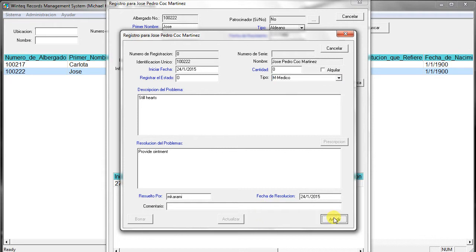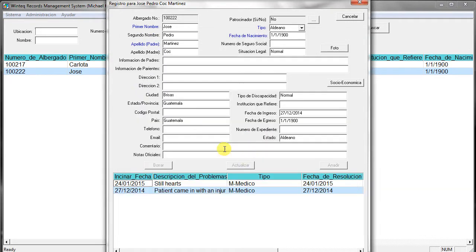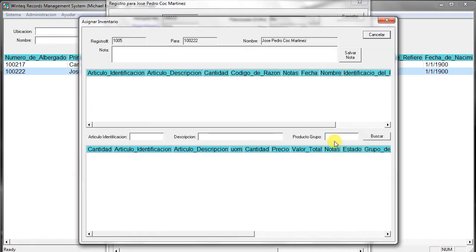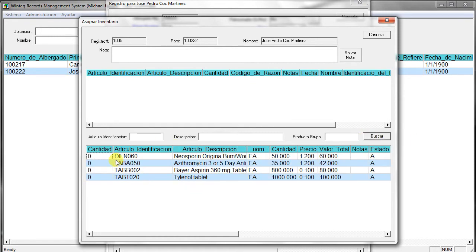So I'm going to add that. As soon as I add that, the record is in here, it's added, and I will go back. There's the prescription button here, and I'll go to the prescription button and search for items that I have in the inventory, and there's my ointment, and I'm going to give him 2 of these. So I click at the quantity cell here, enter 2, down arrow, and it adds it up here as what I'm prescribing